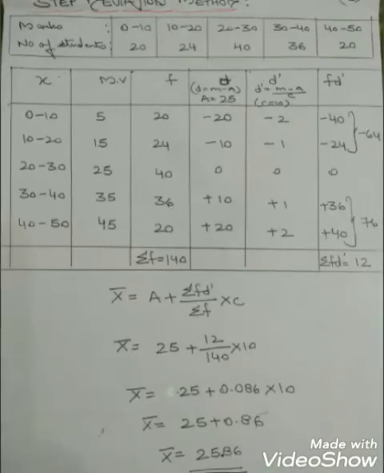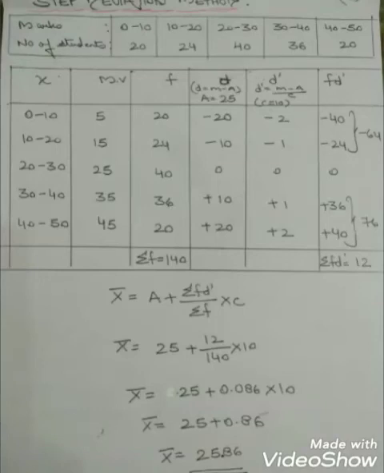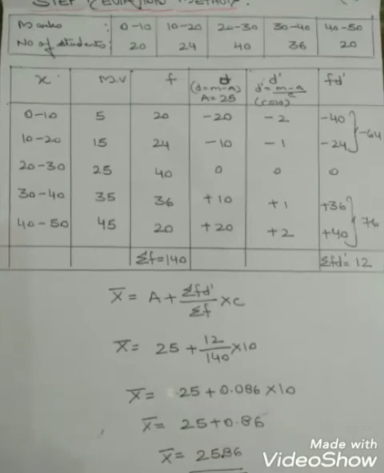Now important thing is you have to find out C, that is a common factor. And to find out C as a common factor, what you do? You just check from this deviation, which is minus 20, minus 10, plus 10, plus 20, you have to find a common number because of which all these numbers are divisible. So if you see, the common factor is 10, right? How do we do it?